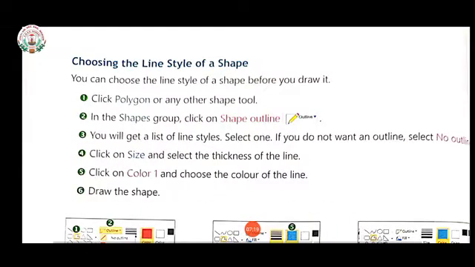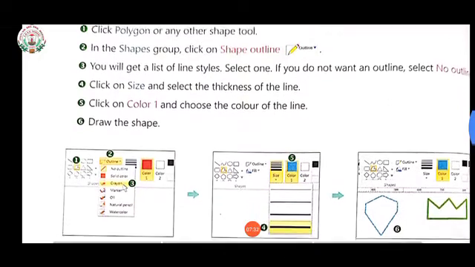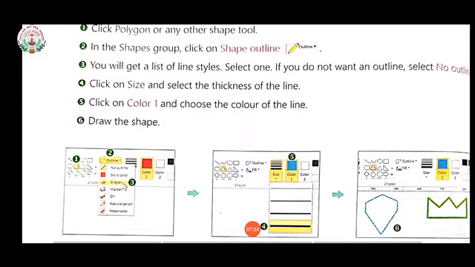Now, how to choose the line style of a shape? You can choose the line style of a shape before you draw it. First, what you have to do? You have to click on polygon, or whatever shape you want, you click on that.